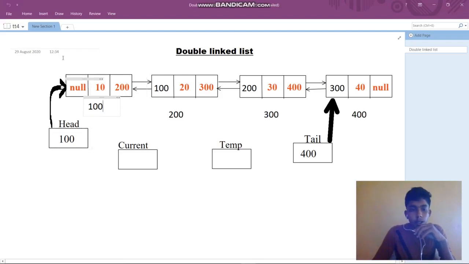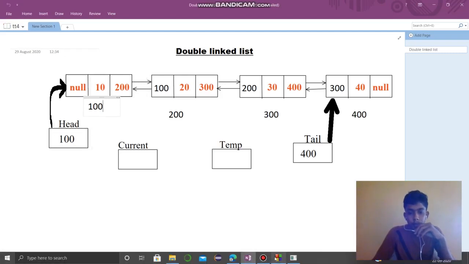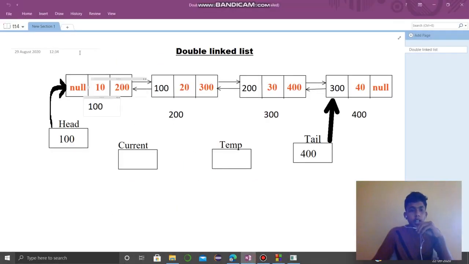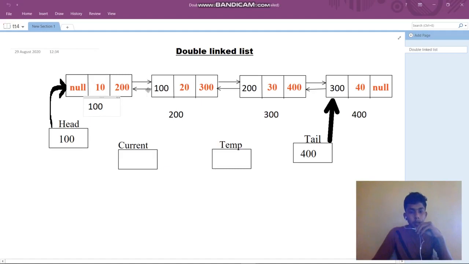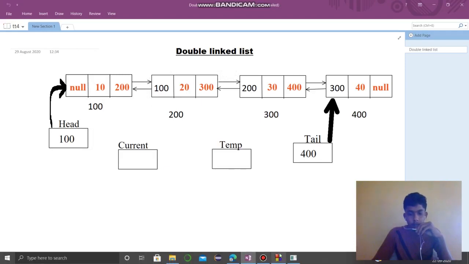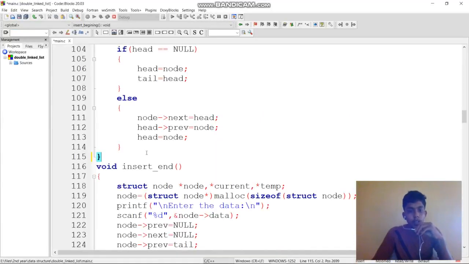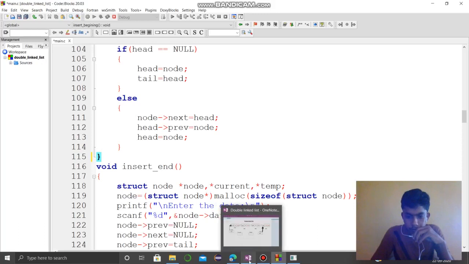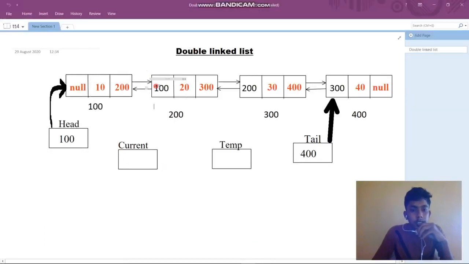Now what we are going to do: head of previous equal to node. That means head of previous should contain this node's address, the previous node address.